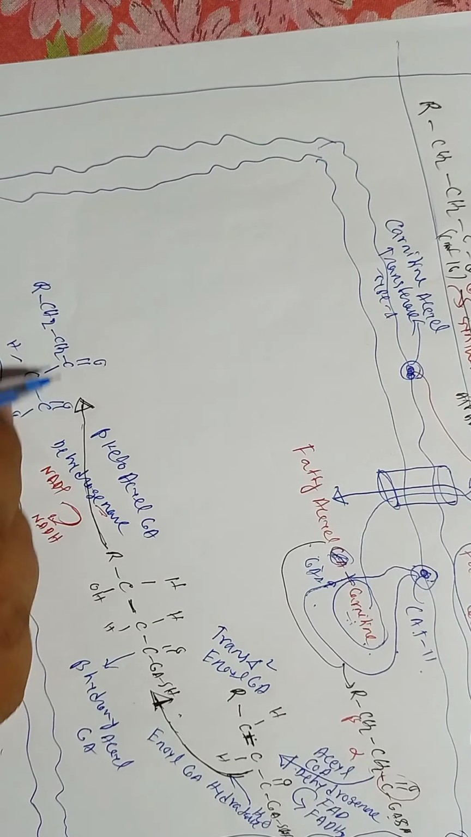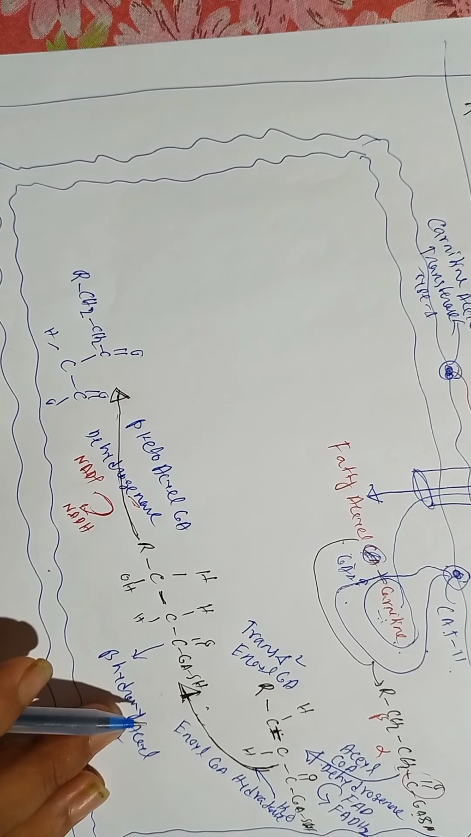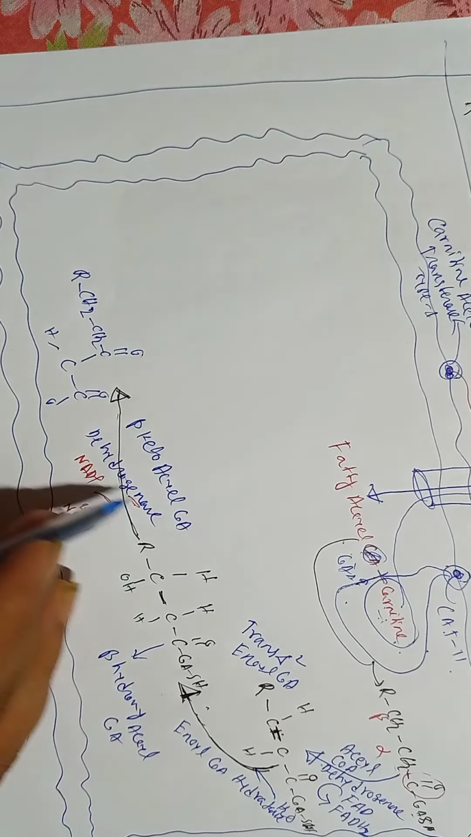R CH2 CH2 C double bond O, and here CH C double bond O. Sorry guys. So beta keto acyl CoA, what I was saying, that beta keto acyl CoA, and by the action